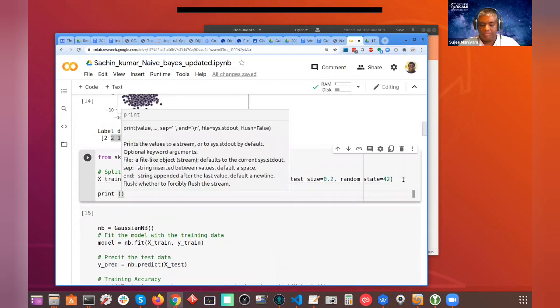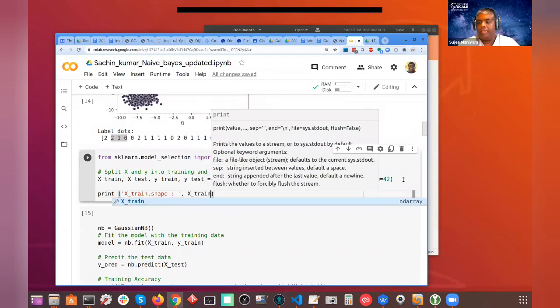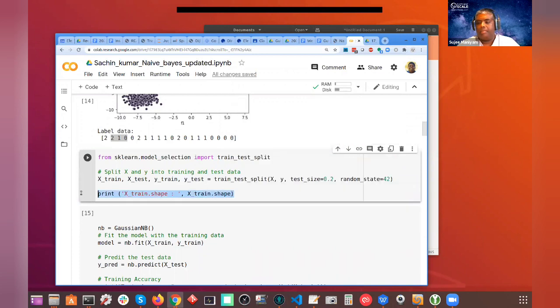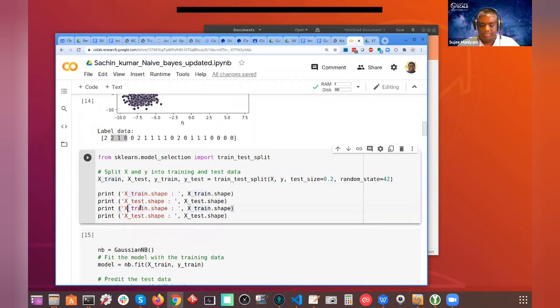You can just say xtrain.shape and print out the x train shape. This way you can do a little sanity check on xtrain, xtest, and then ytrain, ytest.